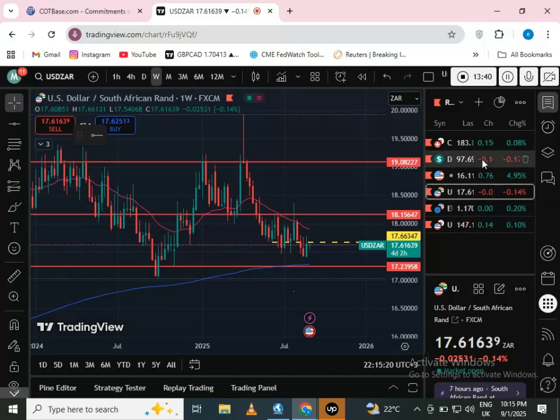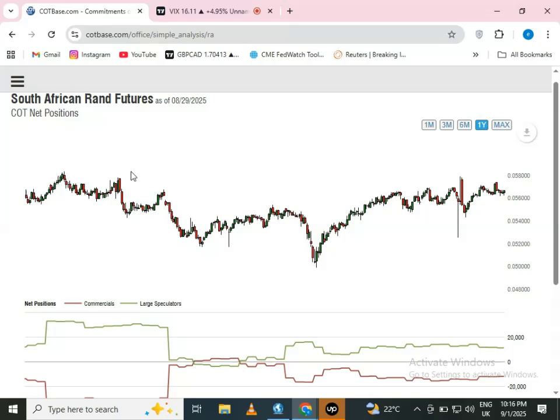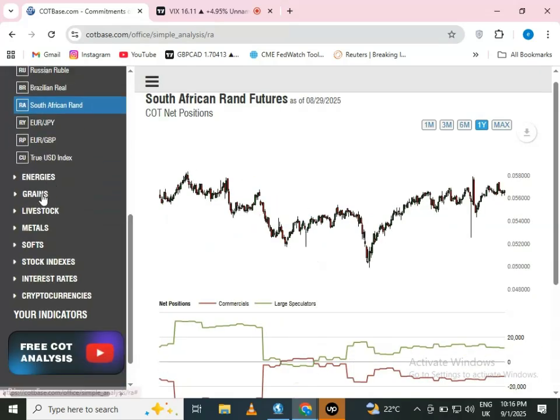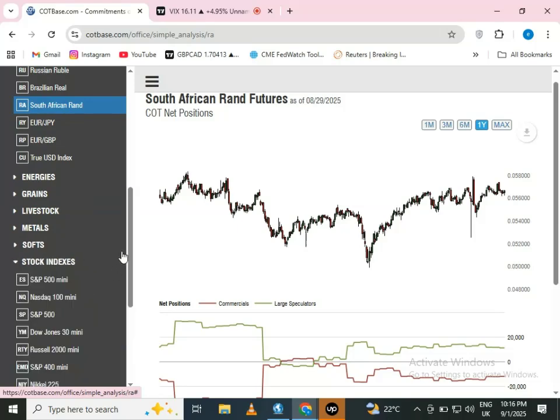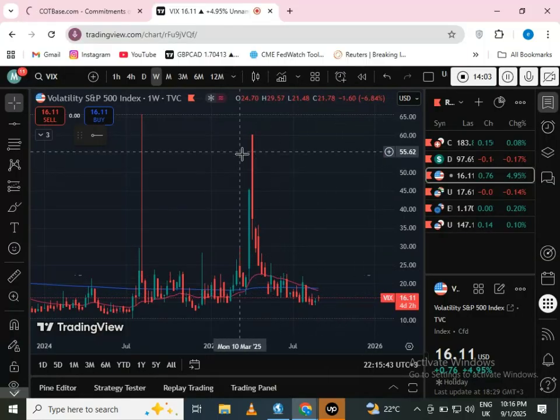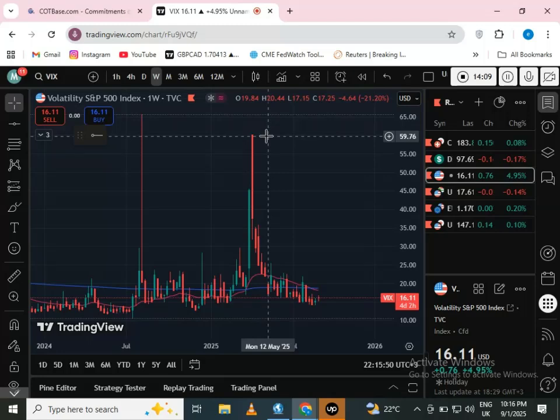Okay, let's look maybe at the VIX. There are some people trading the volatility index. So let's look at the volatility index. Okay, this is the volatility index chart. At the beginning of 2025, it went up to certain levels due to the tariff issues in March,